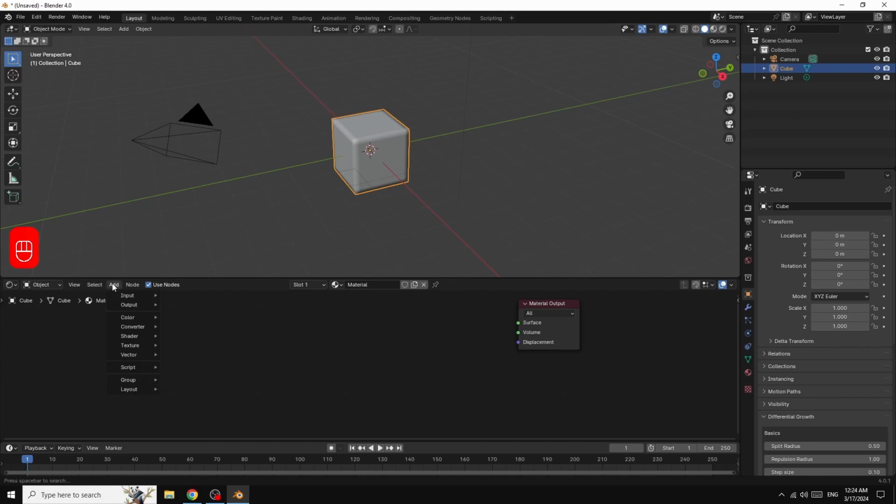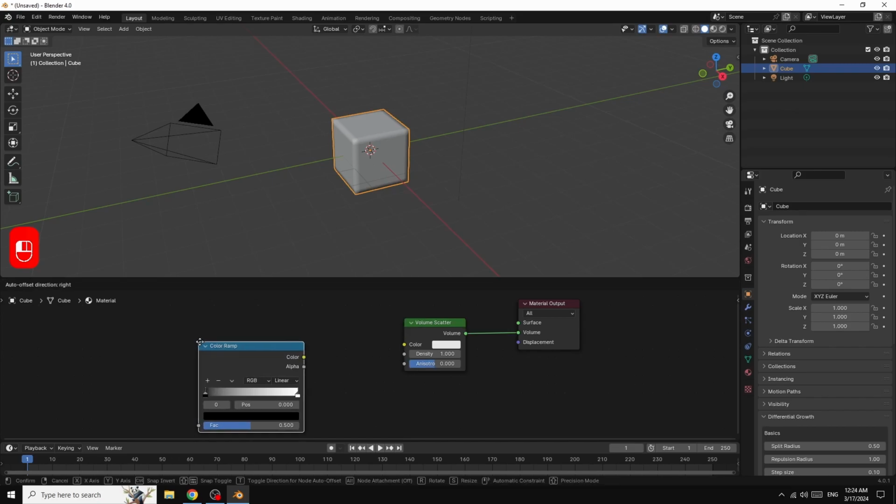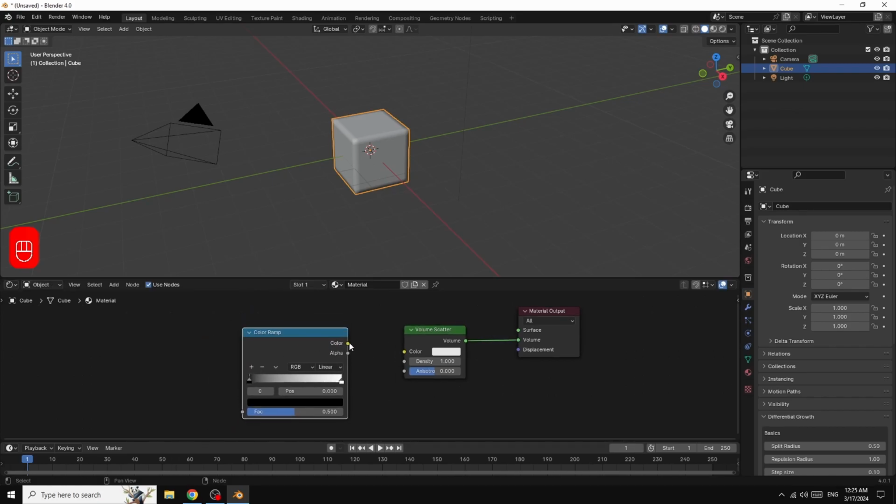Go here in add, we go in shader, we select volume scatter, connect volume to the volume, go here in add, in converter we select color ramp, connect color to density,